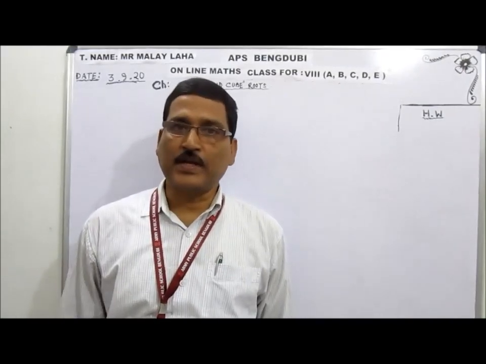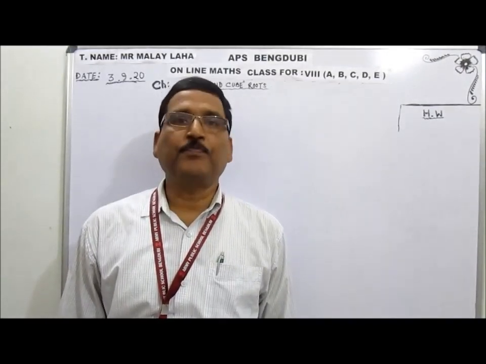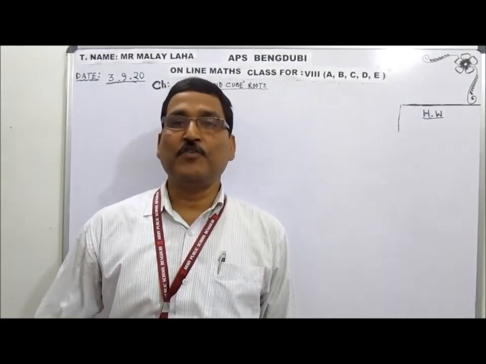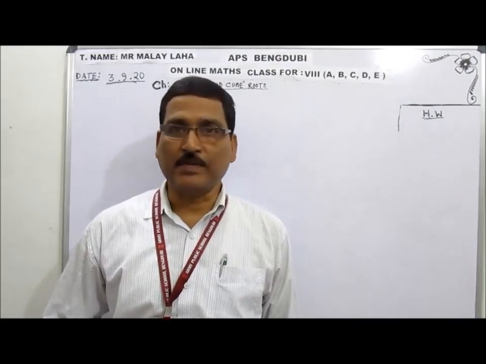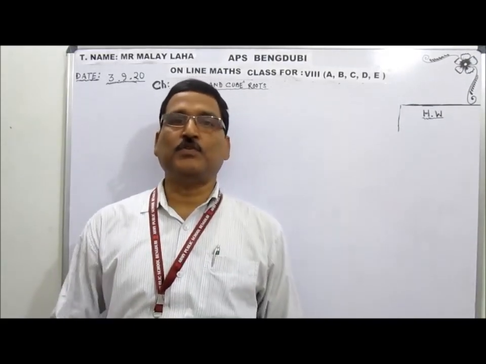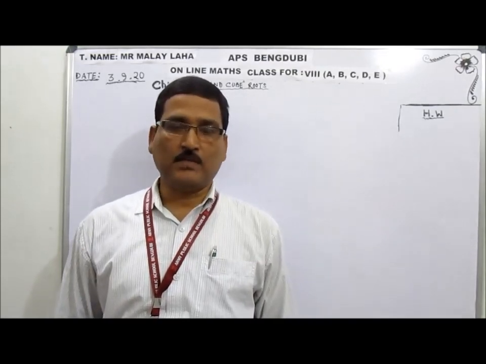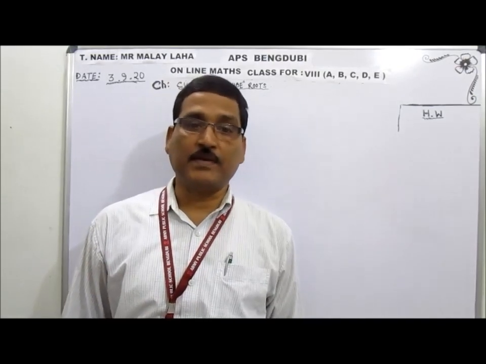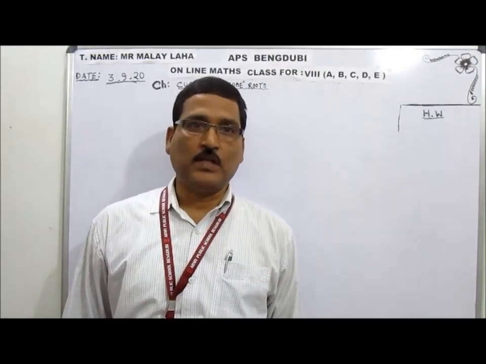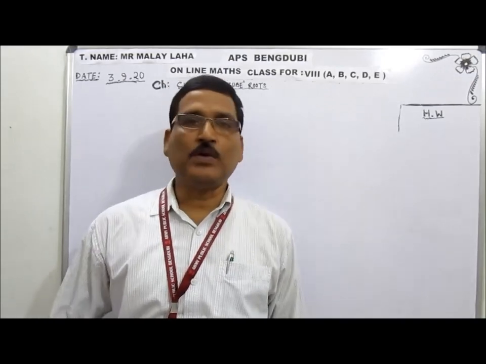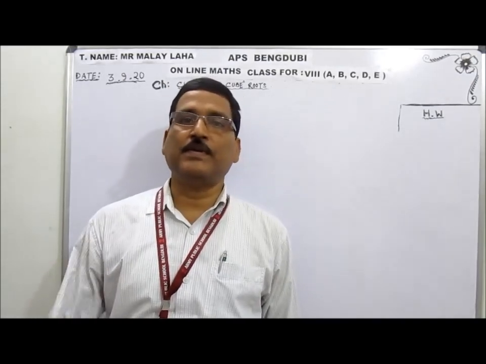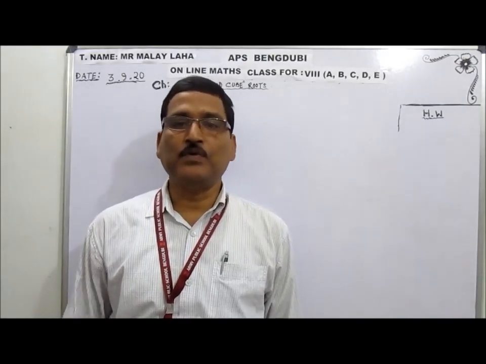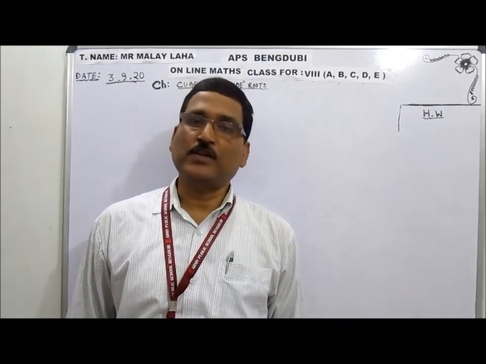Earlier, in the case of square and square root, to check whether the given number is a perfect square or not, we noticed that a number ending with 2, 3, 7, 8 will not be a perfect square number. But we don't have that type of situation in cubes and cube roots, because in cubes, the unit digit may be 1, 2, 3, 4, 5, 6, 7, 8, 9 and 0 also. That's why by simply looking, I cannot understand whether a given number is a perfect cube or not. For that, what to do? We have to perform the factorization method.